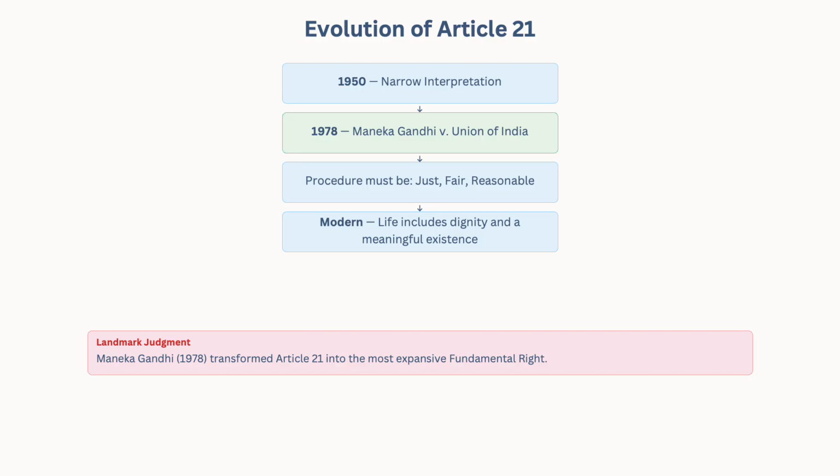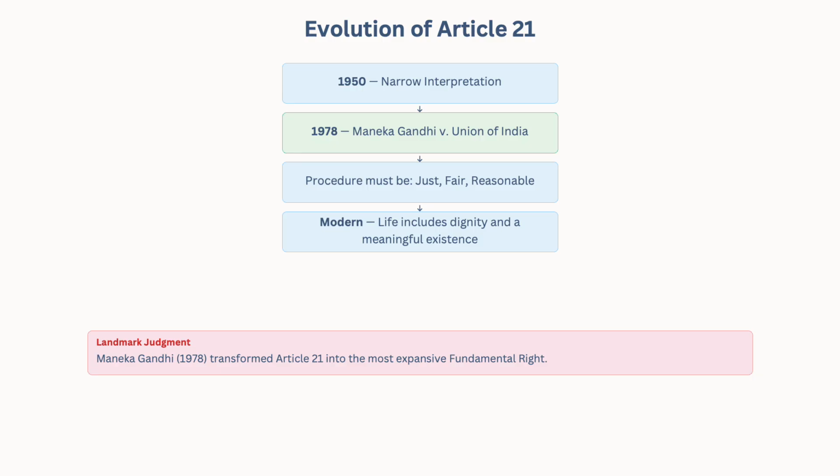And in the year 1977, the regional passport officer ordered Maneka Gandhi to submit her Indian passport to him, which means to seize her Indian passport. Now Maneka Gandhi said, why are you seizing my passport? Give reasons in a letter. But then the regional passport officer sent back the letter, saying that it is not in the interest of the public to give a reply to you. Something along that line.